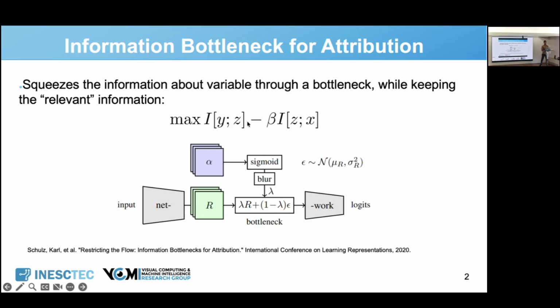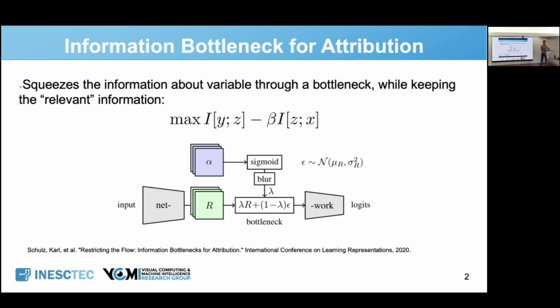And another thing that is important in this equation is this parameter here, beta, because it controls how strict the bottleneck is. If you start to increase this value beta, you make the bottleneck narrower. And using this principle, these guys were able to come up with this method, the information bottleneck for attribution,